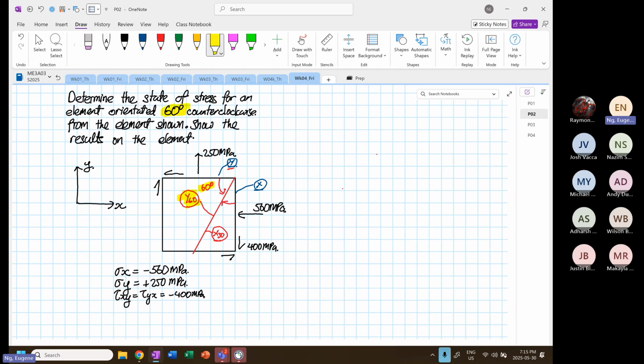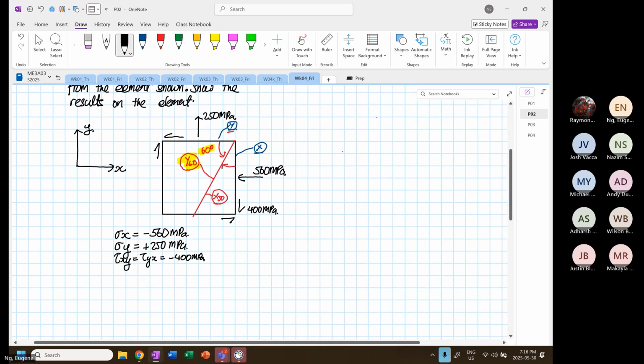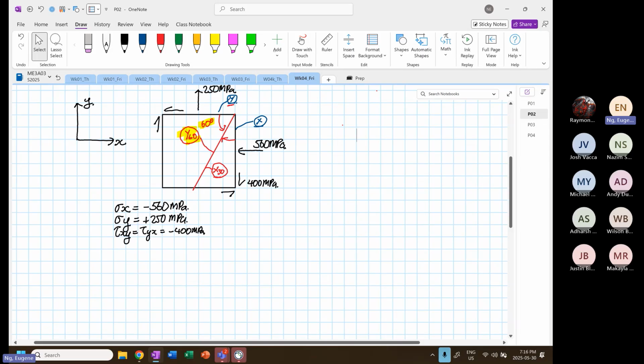Because the question states that it's going to rotate 60 degrees counterclockwise from your element. Okay, so now how do we do this? Okay, so we want to find the state of stress at 60 degrees counterclockwise rotation from the element shown. Okay, so now we are going to do that. So from here, immediately, like what I told you, once you have these values, the most logical or the